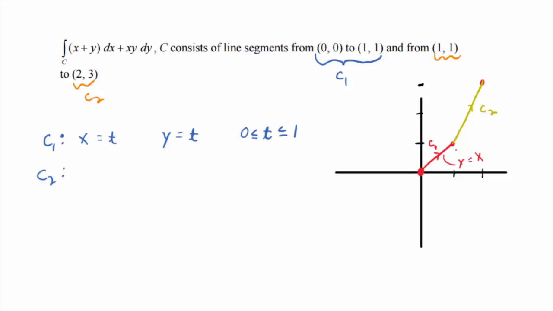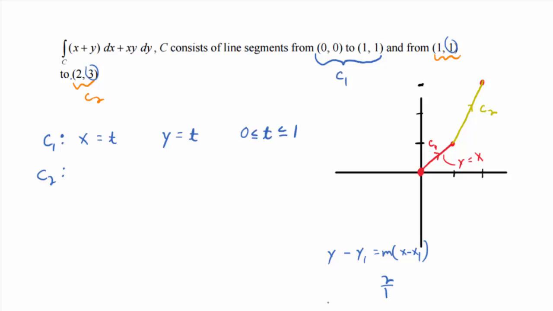And then C2. Now, C2 is created by the line segment from 1, 1 to 2, 3. So one way to get the line for it is using your good old slope, not slope-intercept form, but point-slope form. Y minus y1 equals m times x minus x1. To get just the equation, remember algebra, just the equation of the line? So what's the slope? Yeah, the slope, if you take 3 minus 1, that would be 2, right? So 3 minus 1 is 2, and then 2 minus 1 is 1, so 2 over 1 is your slope,